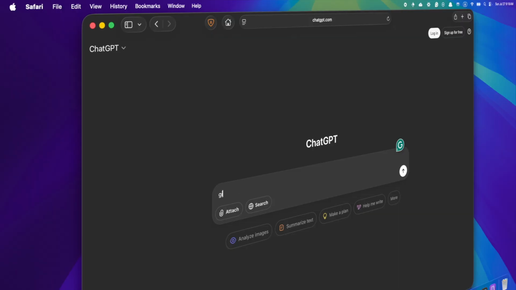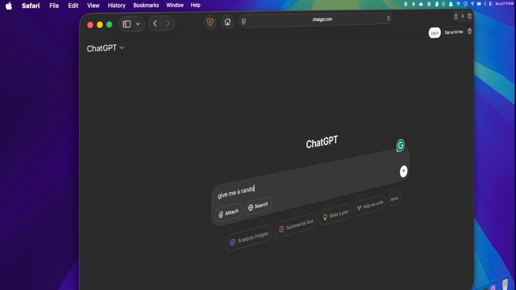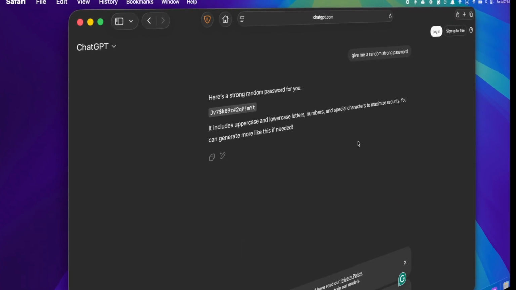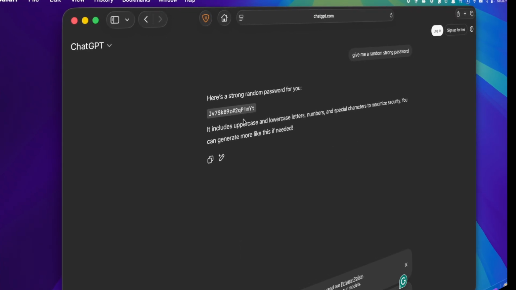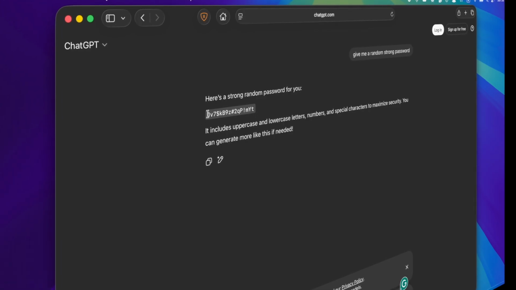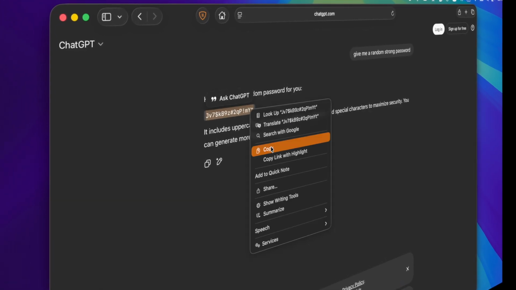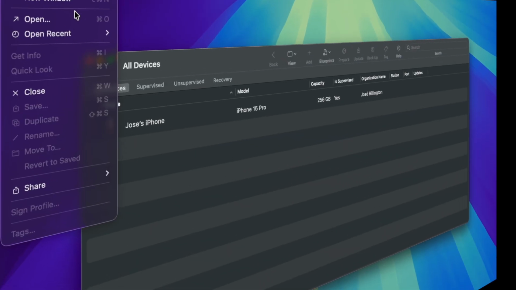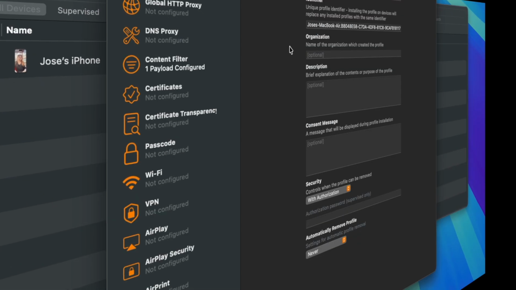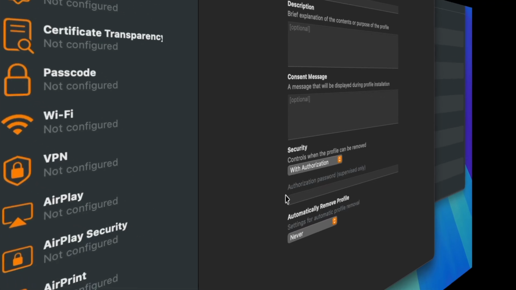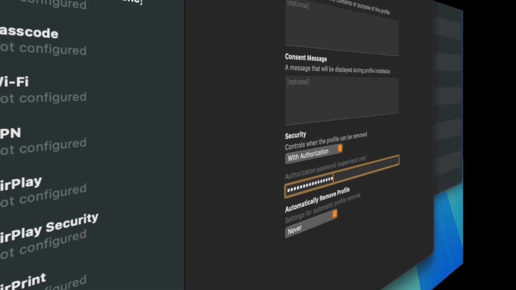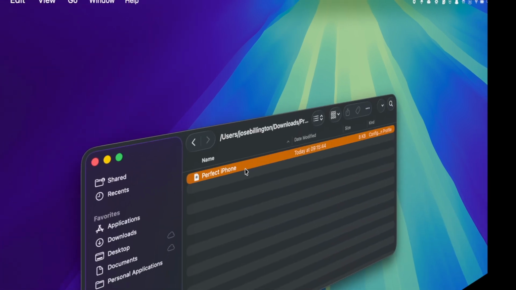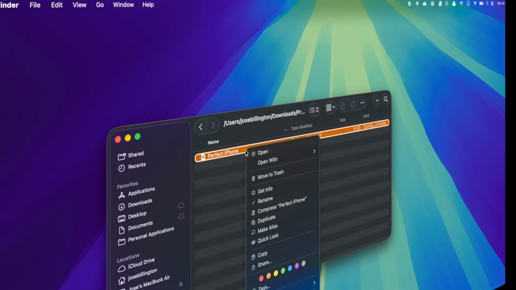But we can take it even further by ensuring that we cannot even access our profile after the fact. Now, before you do this, I'll recommend that you please live with this system for at least a few days, if not weeks, before you put a password. After you grab yourself a random password from ChatGPT, open your profile and paste the password in the security section. Now just save your profile, and once again we're going to AirDrop this updated profile with the password to our iPhone